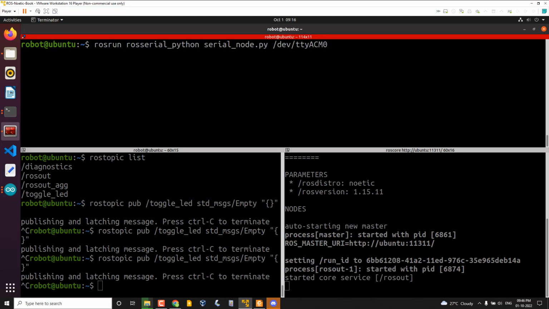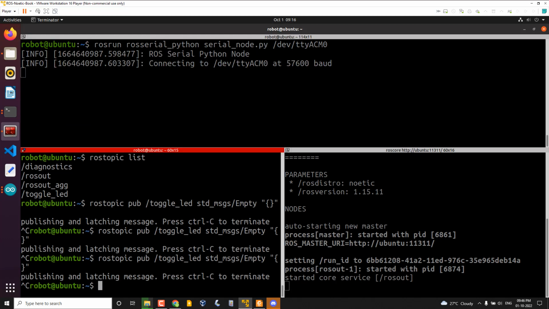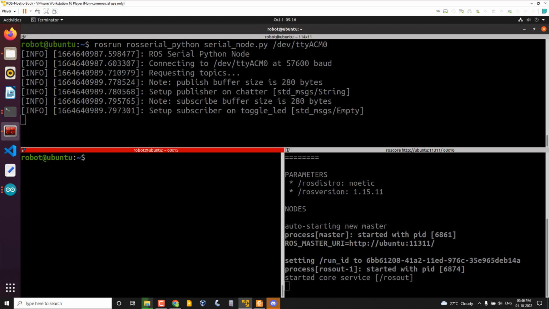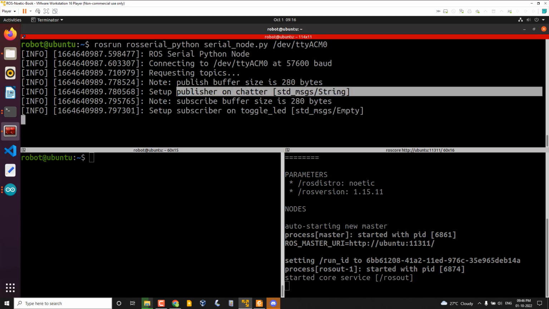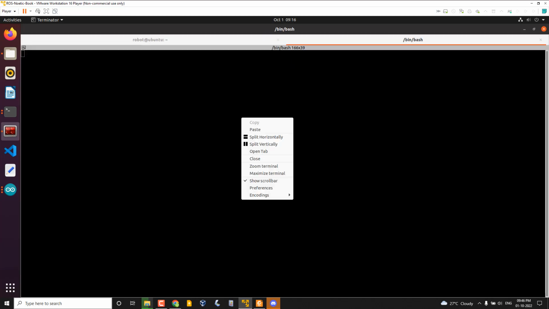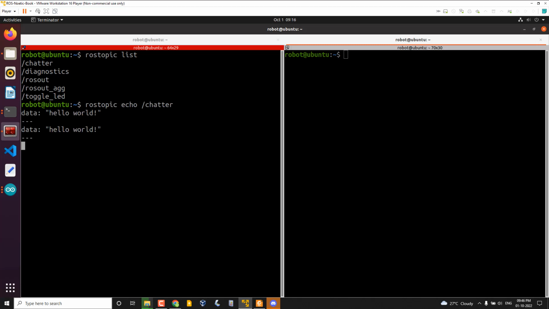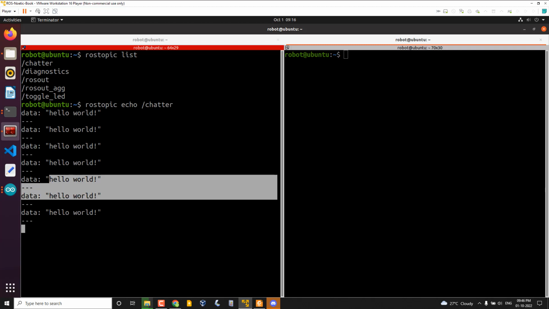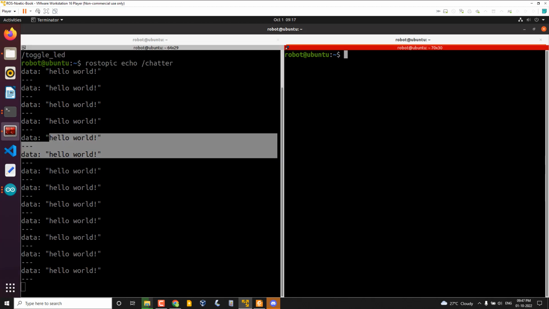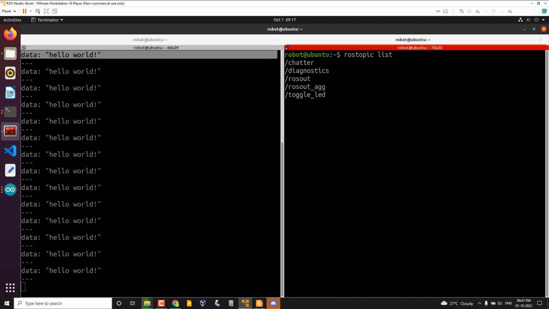Now I'm starting the serial node again. Okay, so now you can see it has detected a publisher called chatter and a subscriber called toggle LED. Okay, so we can see what is happening for the publisher and subscriber. So just check with the rostopic list. You can see the chatter. So in one window, we can simply echo the chatter. So you can see the hello world is getting printed, and at the same time we can publish for the